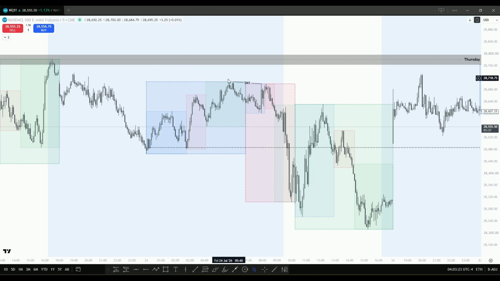During the manipulation phase, we failed to take the extreme of this previous cycle, so the highest high during this range, during the accumulation range. That's where we want to see SMT. And then